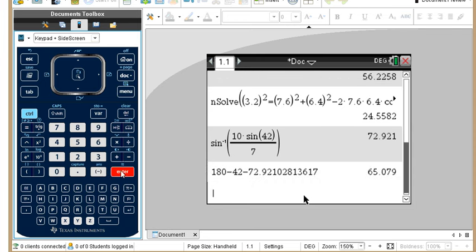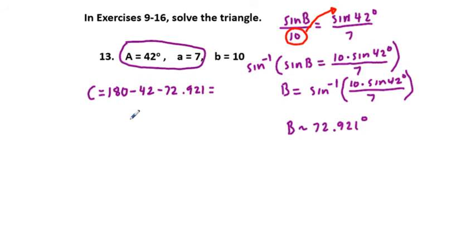So we get 65.079 degrees. So we have angle B, angle C,